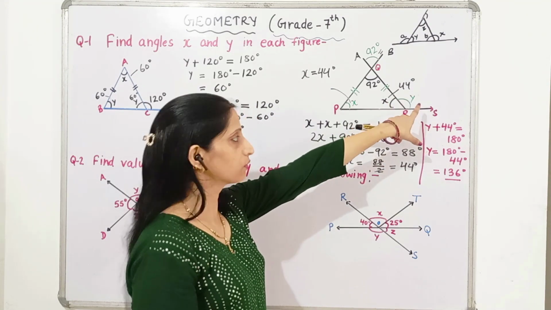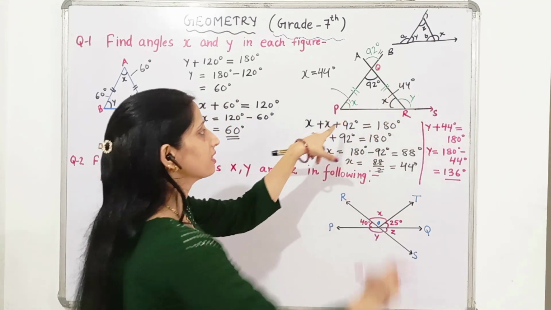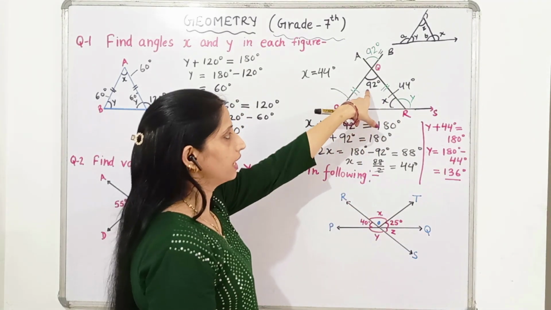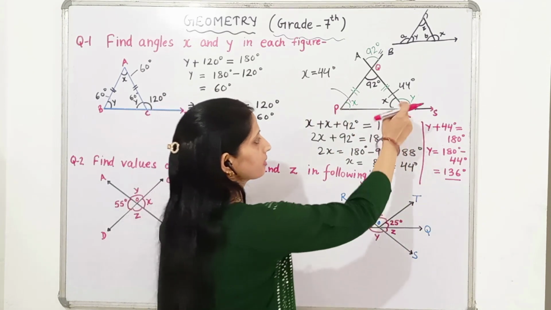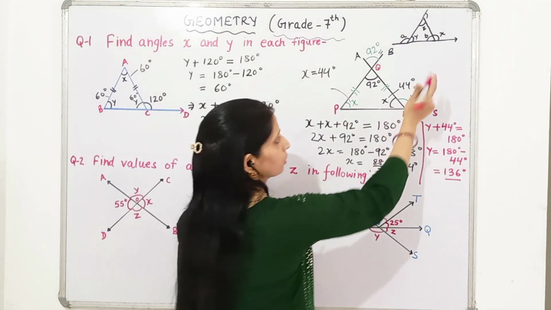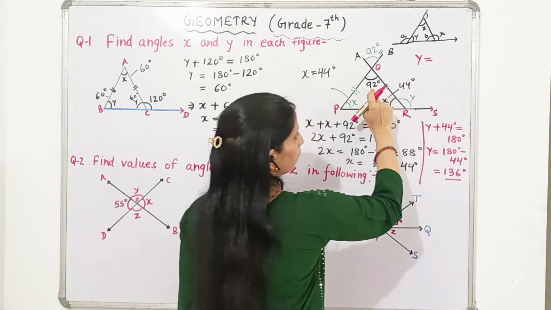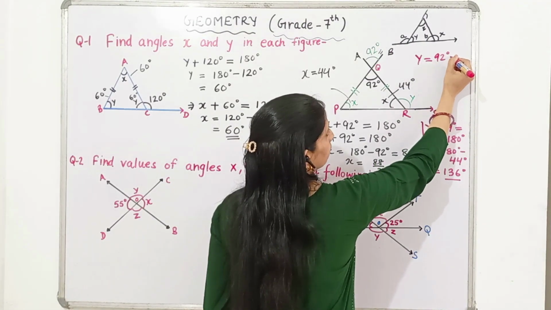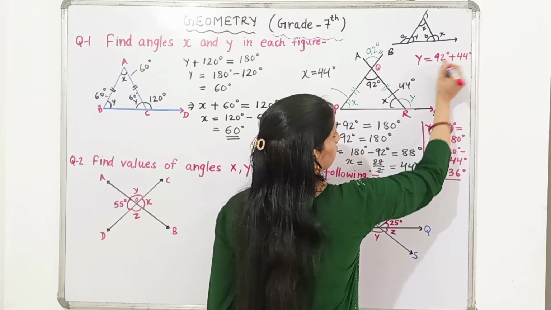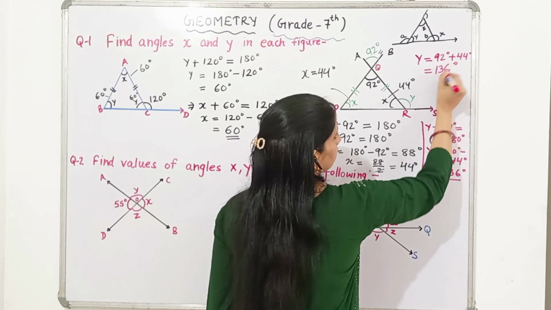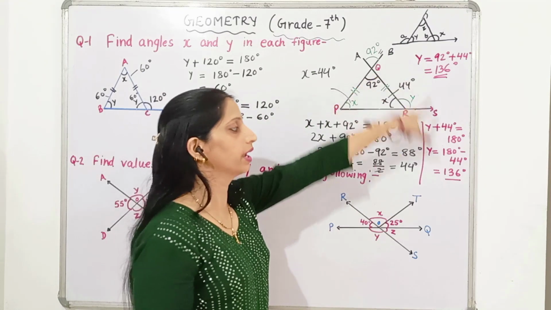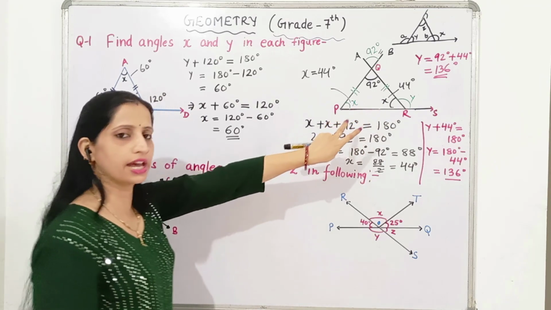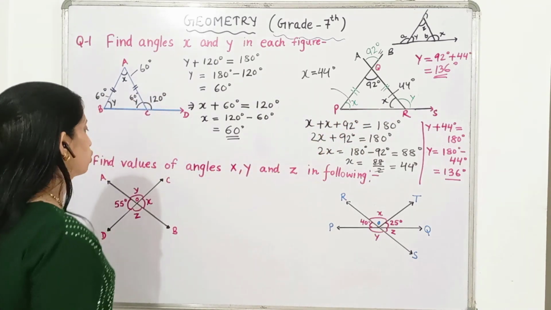We can find it out this way, and another simple way is that we can simply add these two, 92 degrees plus 44 degrees. So 92 plus 44, we will get 136. By using the property of exterior angles, y will be equal to angle Q plus angle P, 92 degrees plus x, which was 44 degrees. So 136 degrees. By both ways we can find the value of y, or there are some other ways also. Okay, if you do not know all the properties, then you can use any property and find your answer. Now let us move on to the next question.